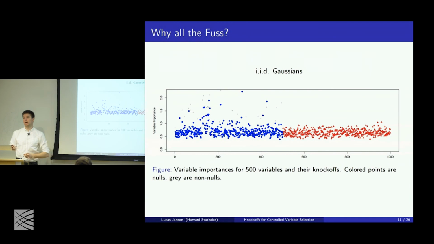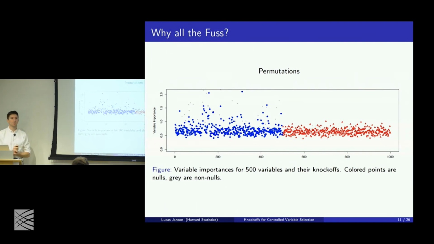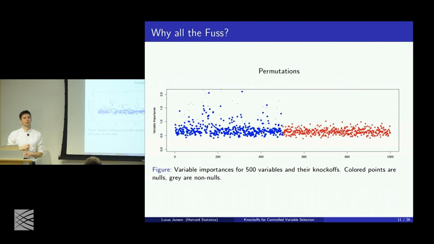All right, the next thing you might try is, well, okay, IID Gaussians don't match even the marginal joint structure of the x's. So why don't we do something that does? And this is totally model-free. We can just take x tilde to be a permutation of the rows of x, right? This seems like a natural thing to try. Unfortunately, it has the same problem. And this is really that point that even if x's distribution and x tilde's distribution are marginally the same, they are still